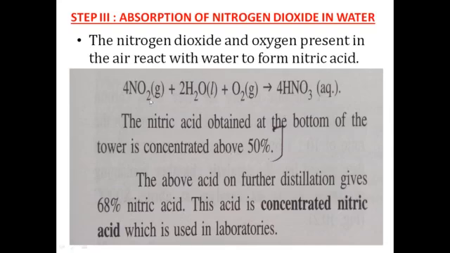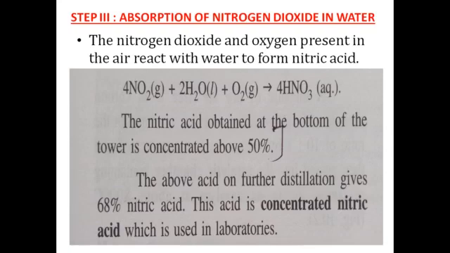And regarding this, you need to go through these chemical equations and the conditions. So again, let me repeat. In step 1, we pass 10 volumes of air and 1 volume of ammonia gas through a catalytic chamber, where a platinum catalyst is kept at 800 degrees Celsius. And what happens is